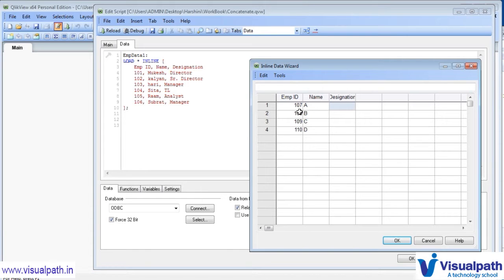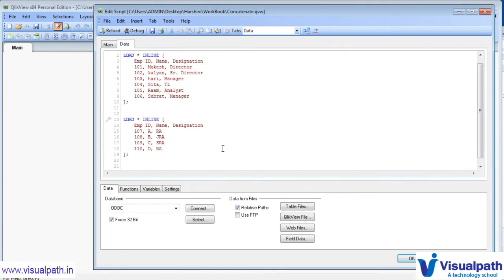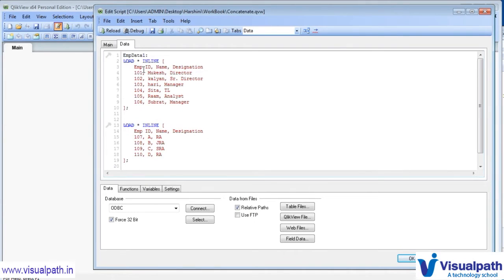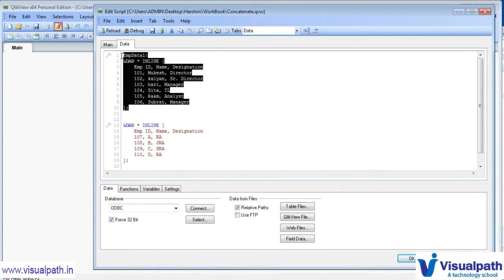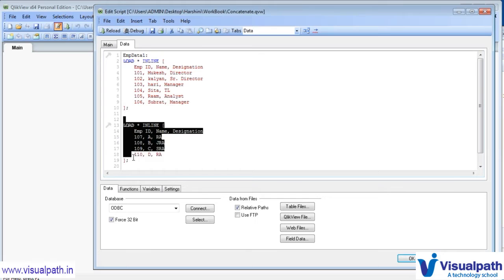Let's say designation as research associate, or JRA, junior research associate, or senior research associate, some dummy data we can give. So once we click on OK, this is one table, the first table we have loaded. Let's say this came from one Excel file, and this is coming from another Excel file.